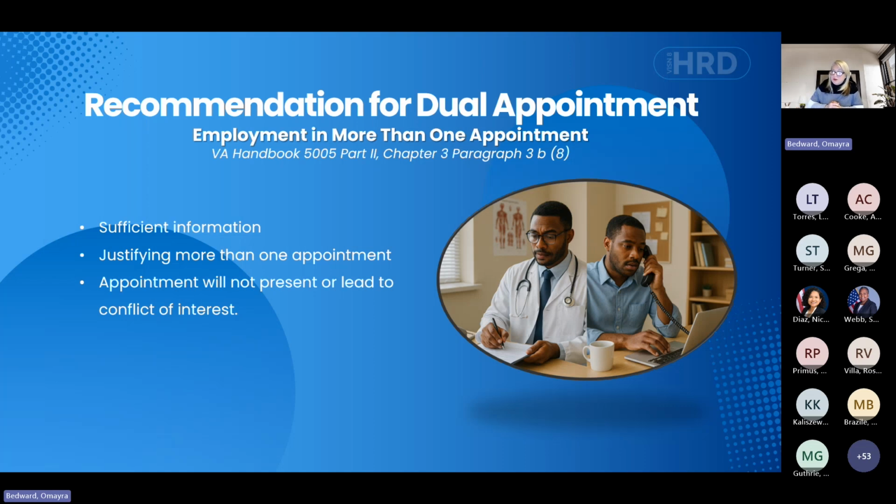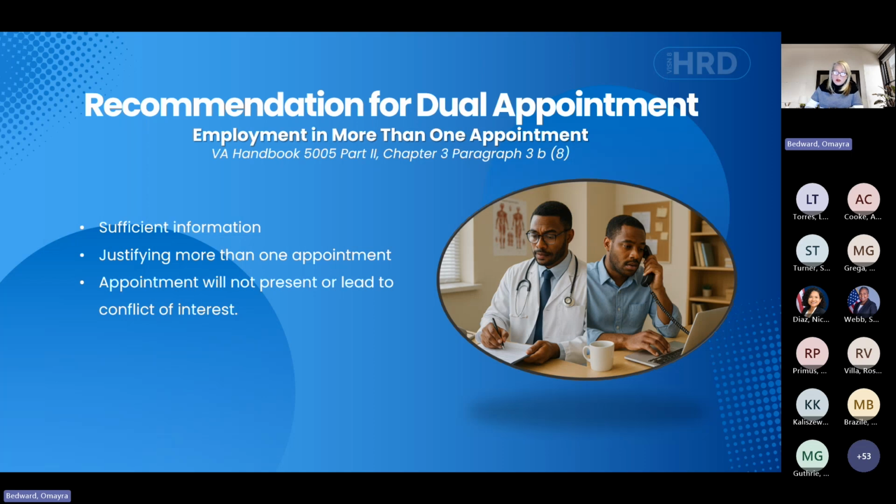Recommendations to approving officials should include sufficient information to indicate that employment in more than one appointment is justified. Officials will ensure that appointments in more than one appointment will not present or lead to a conflict of interest or the appearance thereof. Questions concerning conflict of interest matters may be directed to OGC Ethics officials.